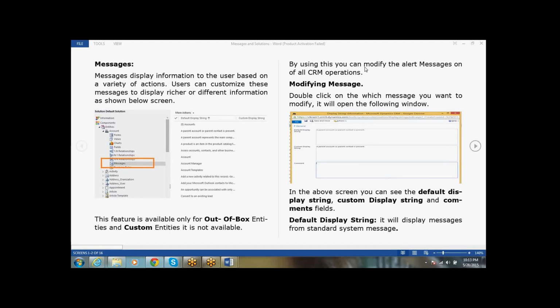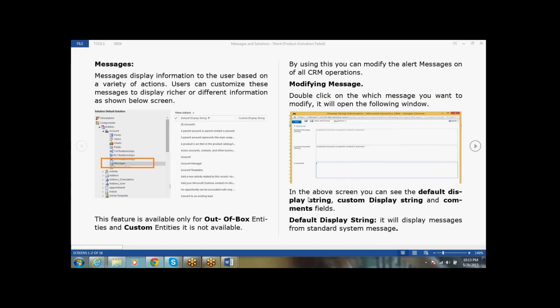By using this, you can modify the alert messages of all the CRM operations for this particular entity. If you double-click the message you want to modify, it will open the following window.